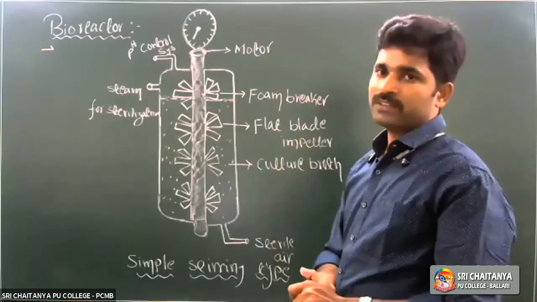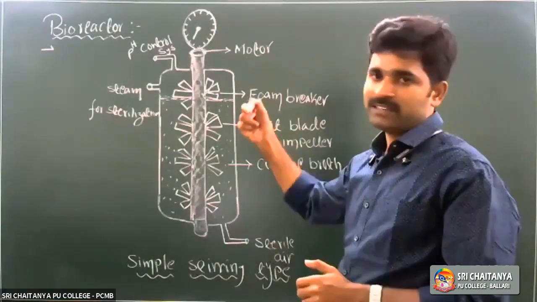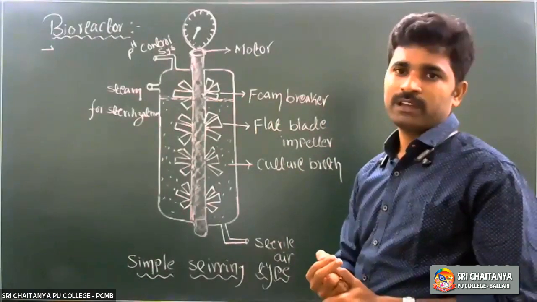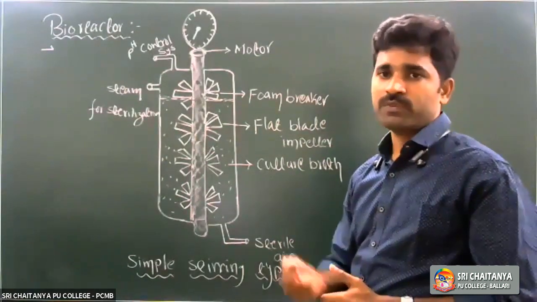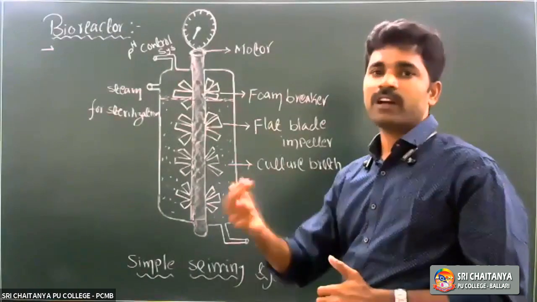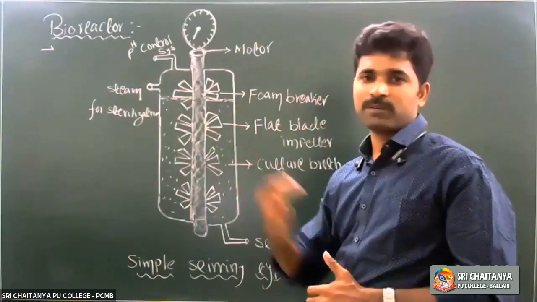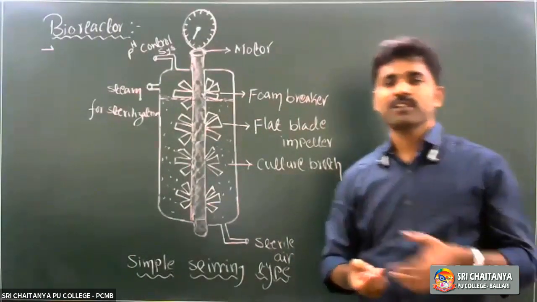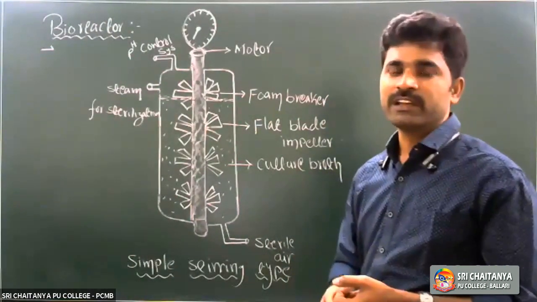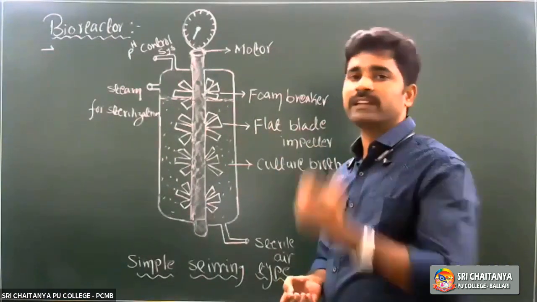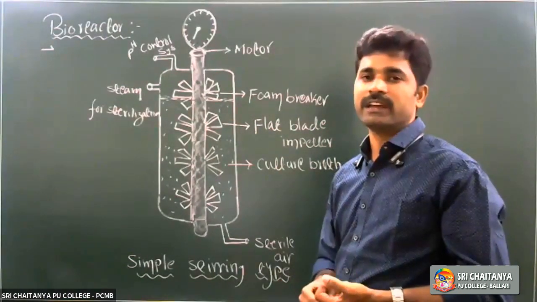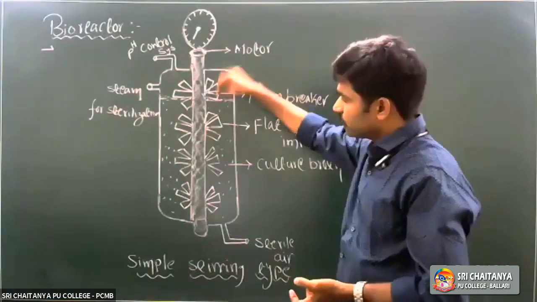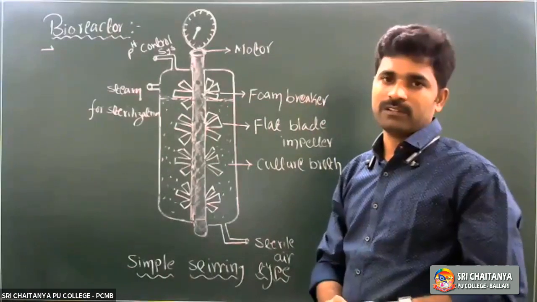Is it clear? See, in the last step we selected recombinant DNA containing bacterial cells. In which step? Selection of transformed cells from the non-transformed cells, by using selectable markers. So by using insertional inactivation and the colony hybridization technique, we selected and collected recombinant DNA containing cells. Those recombinant DNA containing cells we transferred into the bioreactor, right?